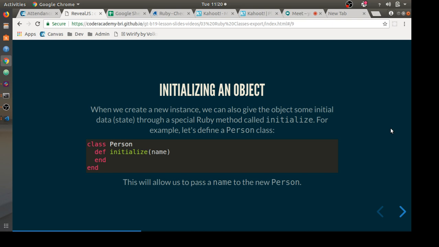Okay? So when we want to set up some properties of a class when it's instantiated, and we almost always do. Not always. Like our calculator is a good example where we may not need to initialize any properties. We just want to have actions that we can perform on a calculator, and that's it. It doesn't have to keep up with any state or information about itself. But a person, we would have attributes associated with a person, and we would define those attributes in an initialize